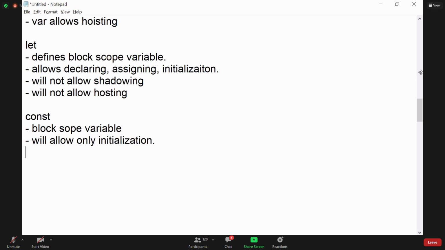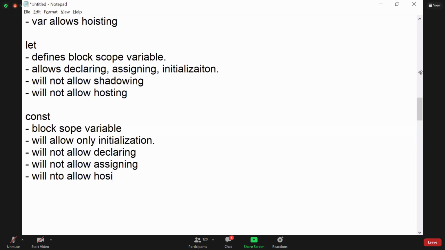That's it. Const will not allow declaring. Const will not allow assigning. Const will not allow hoisting. It will not allow shadowing.